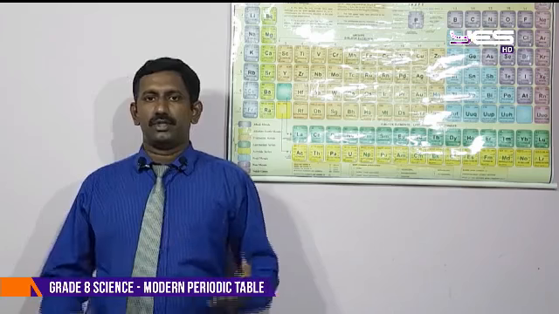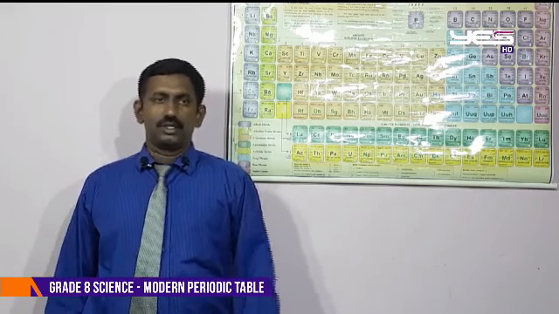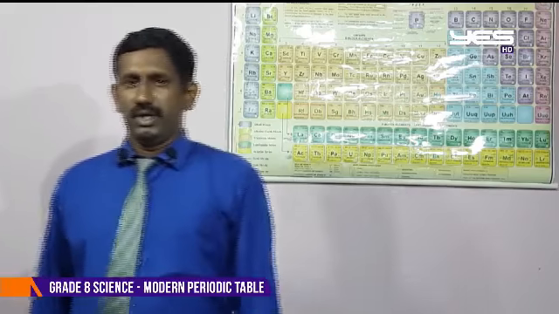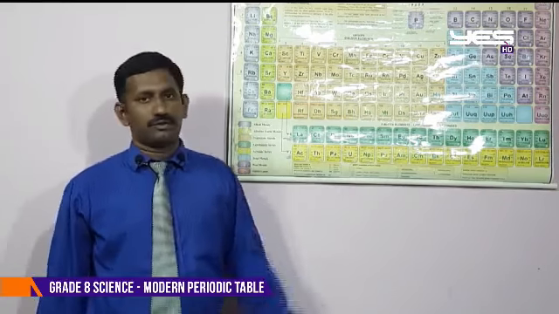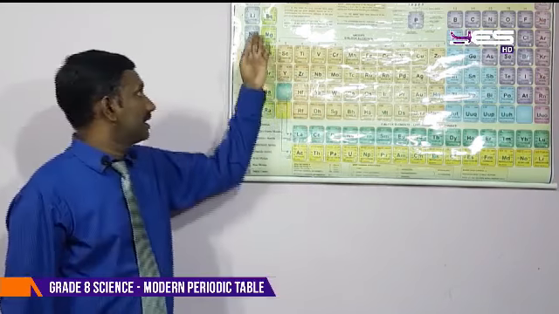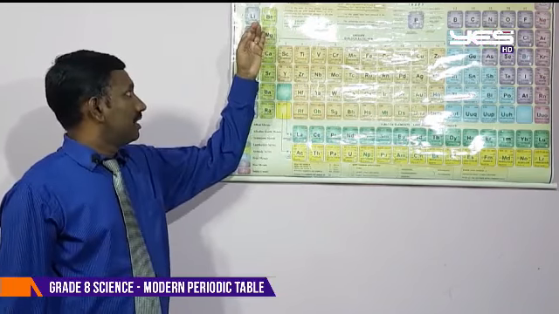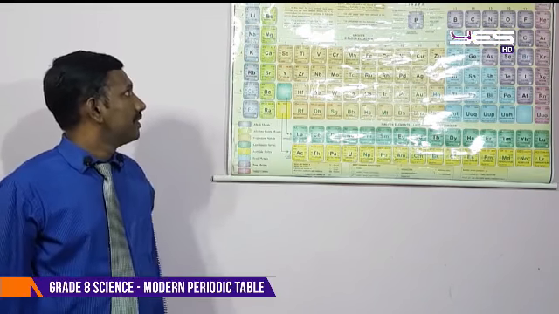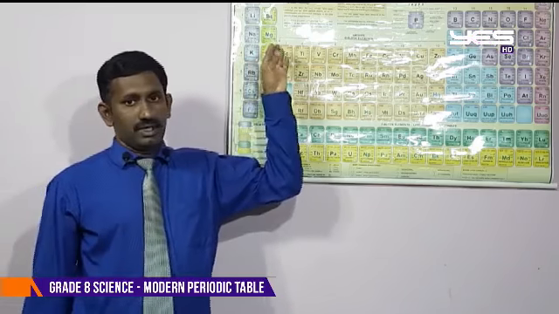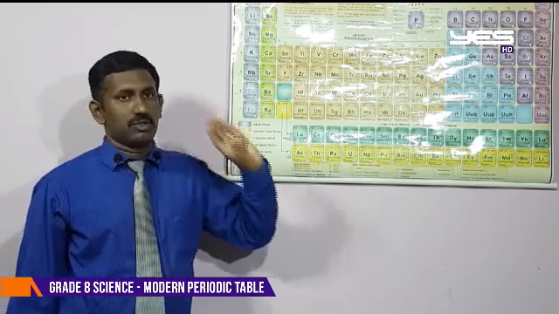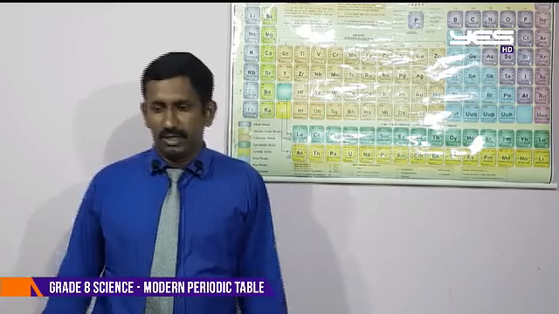It contains 1 electron in the outermost shell. So the group 1 elements donate that 1 electron to form a stable noble gas configuration. Hydrogen is an exceptional case. Other than hydrogen, all elements like lithium, sodium, potassium, rubidium donate that 1 electron, and the outermost shell will be completely filled.